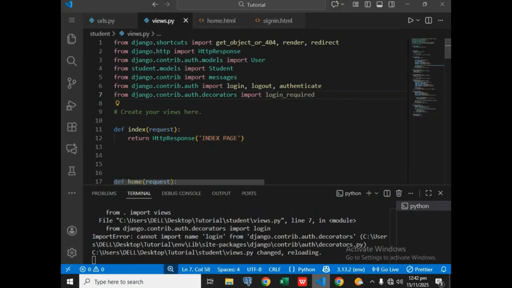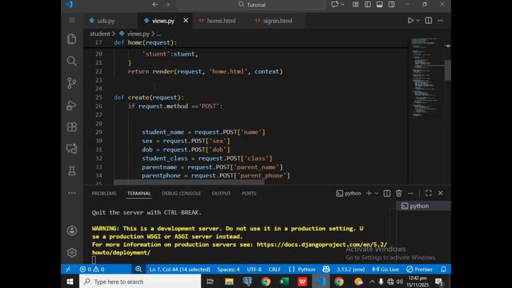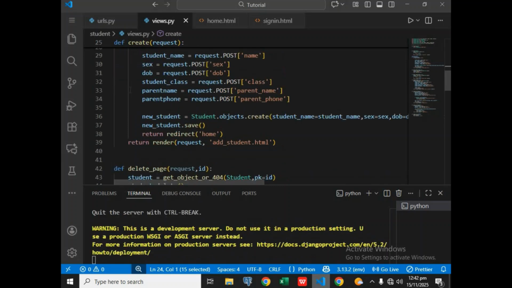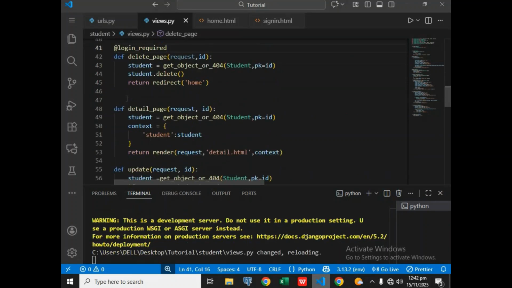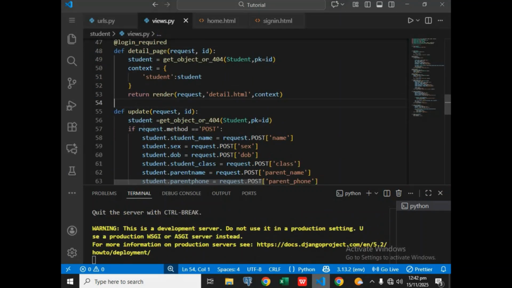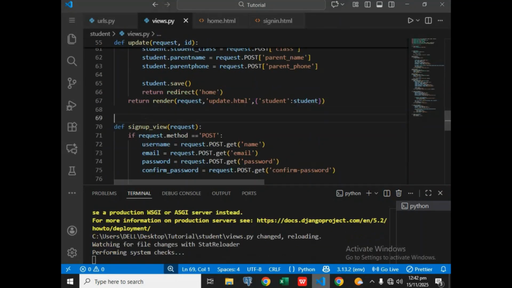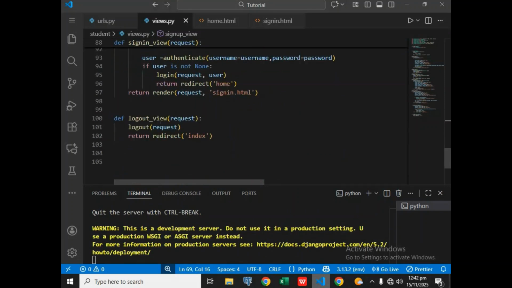Okay, you can copy this and come here to create and say @login_required. Let's copy this, paste it here, paste it here, paste it here, paste it here. All right, so